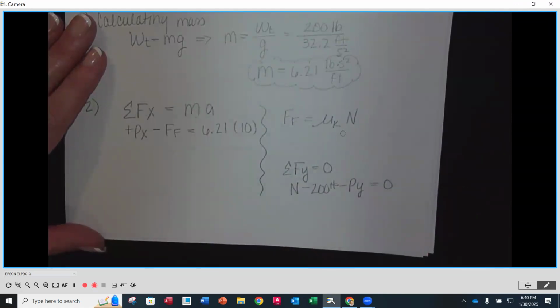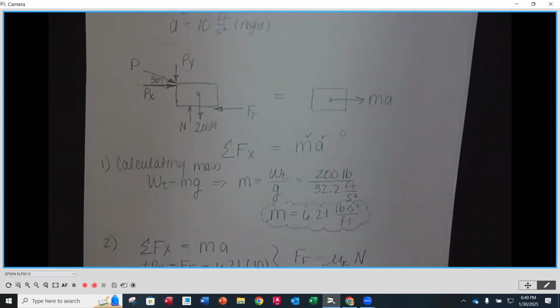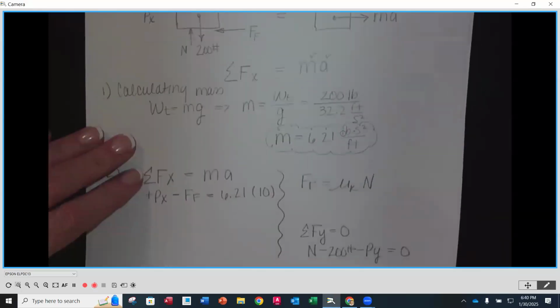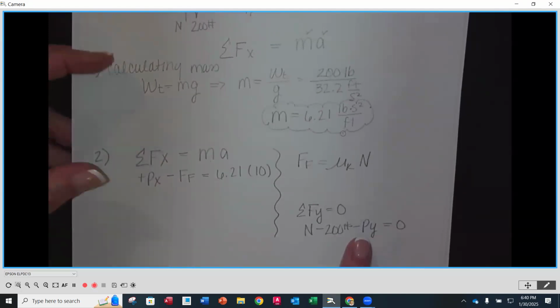Now, you'll notice that we have PY and PX. And as I said earlier, we're going to need to break those into X and Y components, but we're going to put it in terms of the hypotenuse or P. So let's do that right now so that we can expand this out and write our PX and our PY in terms of P. So I'm going to do that on the next page here. These are going to be the components